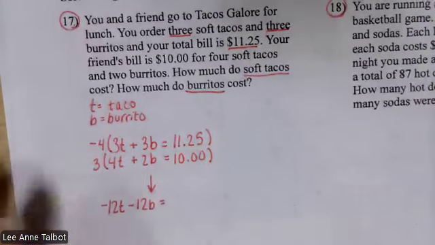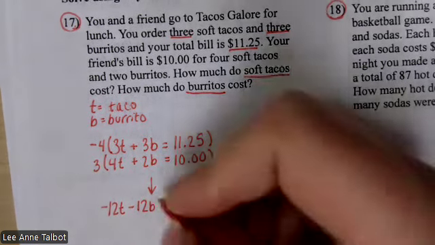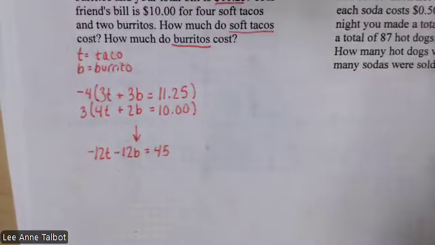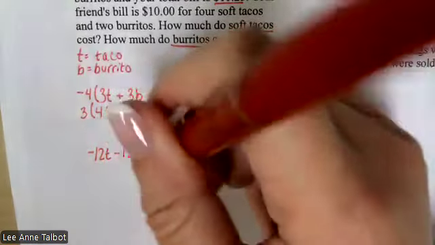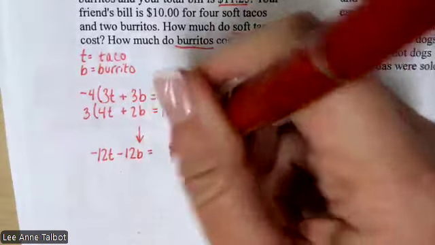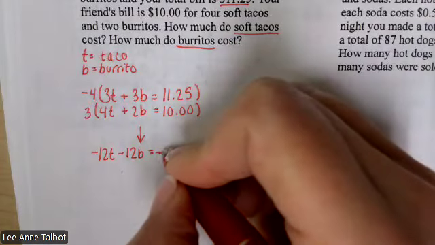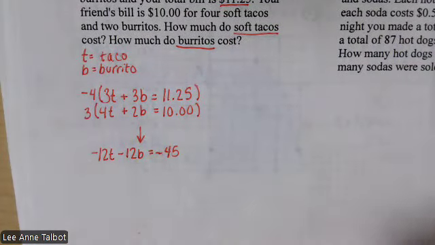Problem is, I don't know what 4 times 11.25 is. Is it $45? It is? Oh, I just made my own day. What did I not do? Oh, yeah. I got so excited about the 45, I didn't distribute. I'm slightly less excited about the 45 now, but only slightly. Okay,